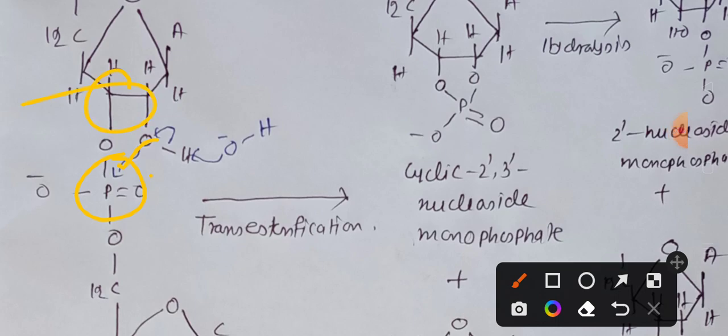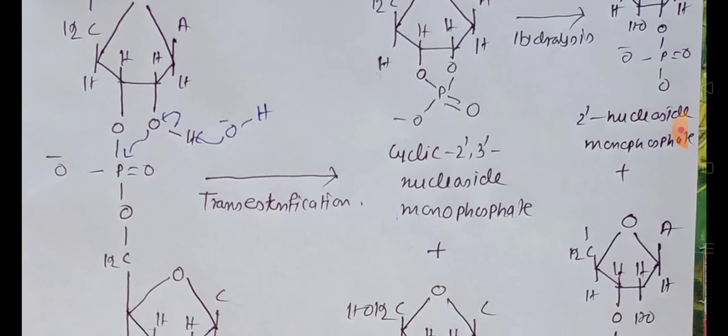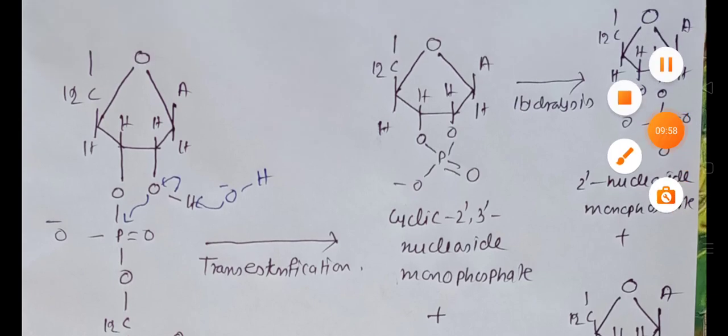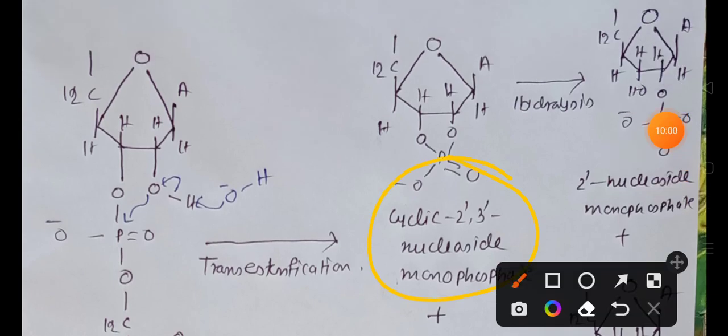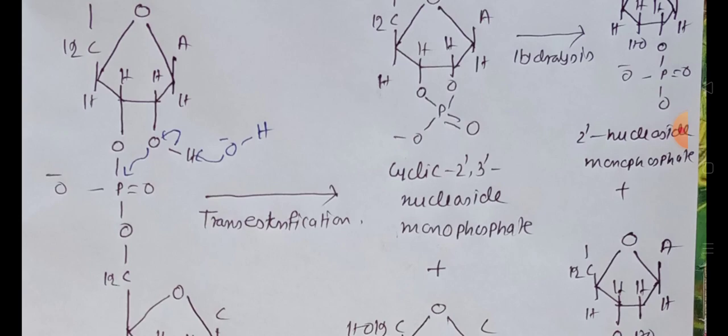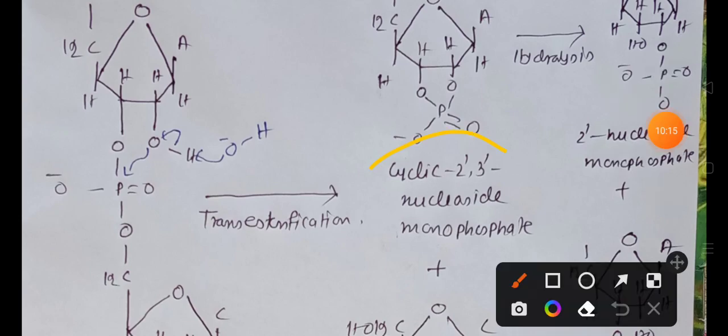As a result, this phosphodiester bond is going to be broken, and that's how there will be generation of a cyclic 2' 3' nucleoside monophosphate. Sorry for one thing, this bond is the phosphodiester bond, not a phosphoanhydride bond. Sorry for this. And that's the idea. So that's how a transesterification reaction will occur, and we will get cyclic 2' 3'